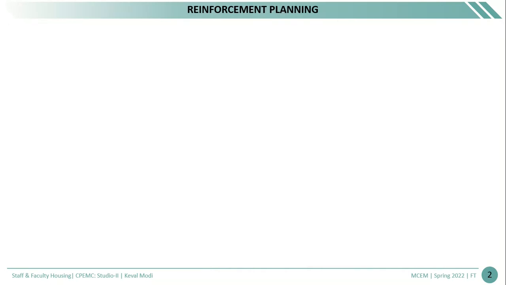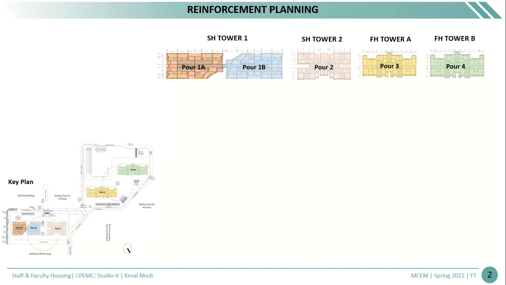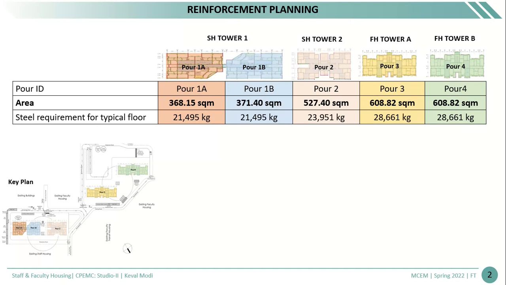First comes the reinforcement planning. This is the key plan of our project. There are basically four towers as discussed, and five pours: pour 1A, pour 1B, pour 2, pour 3, and pour 4. The area of each pour is mentioned here, along with how much steel is required in each typical floor plan. For example, in pour 1A, around 21,000 kg of steel is required,